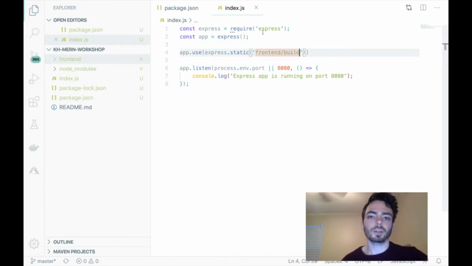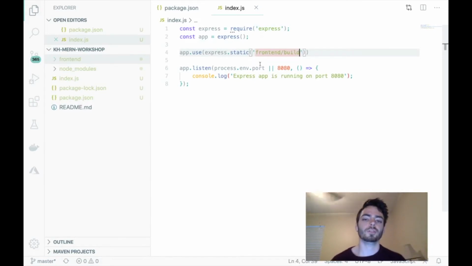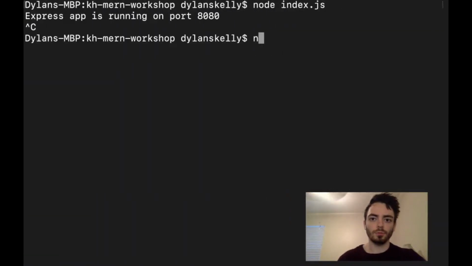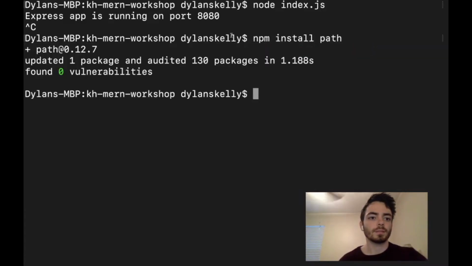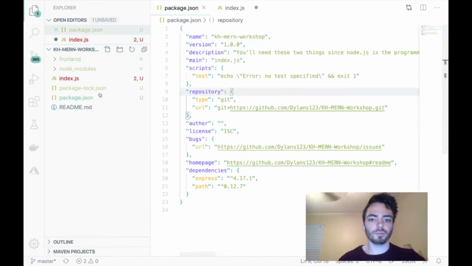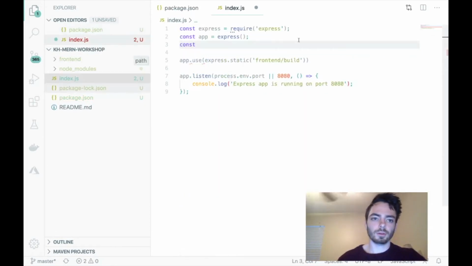So there is a really nice npm package, which we install the same way as Express, that lets us really easily join together path names. So I'm going to install that right now. We'll do npm install path. And now it just installed path, and we can require it in the same way. If we go to our package.json, we'll see path is now there. And then we come back here and we'll say const path